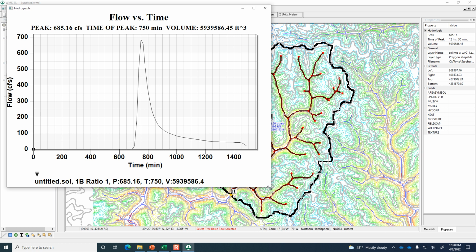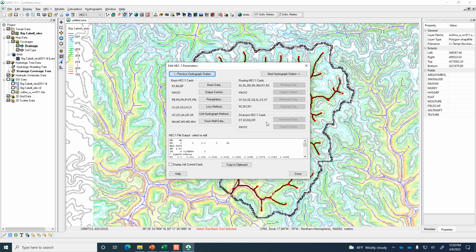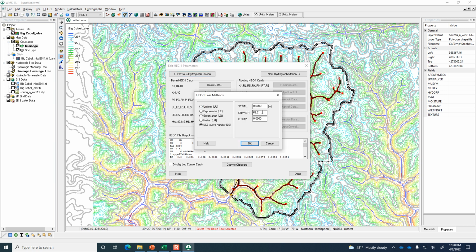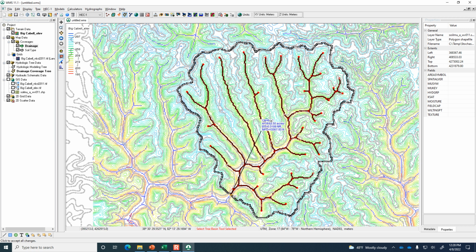All right, so I said, what if we wanted to change the curve number from 63 up to 73? Think about what you would have to do to find the hydrographs for each of those. You'd have to manually, let me delete the hydrograph, go in and change the basin characteristics for the loss method and then run it again. You'd have to interact with the menu options a few times. Let me show you a tool that can make it a little more automated, and it's here under the HEC1 menu,